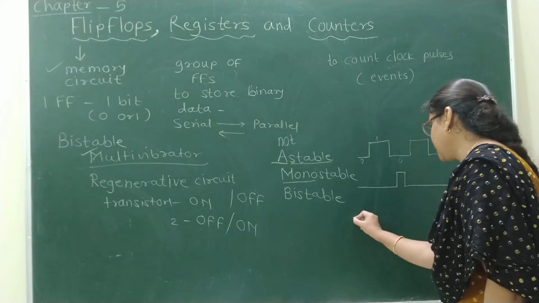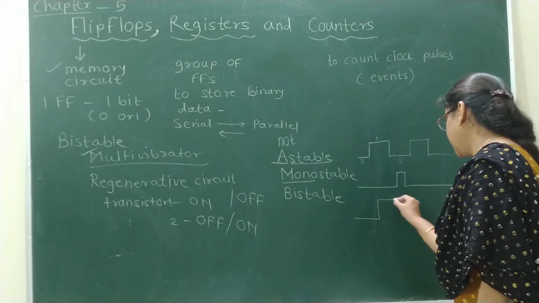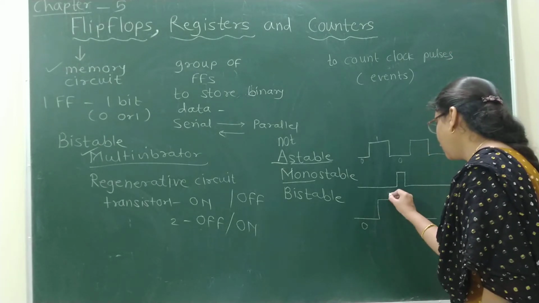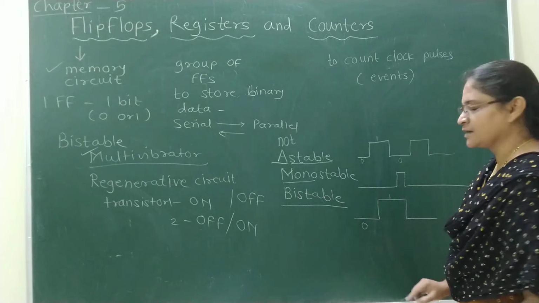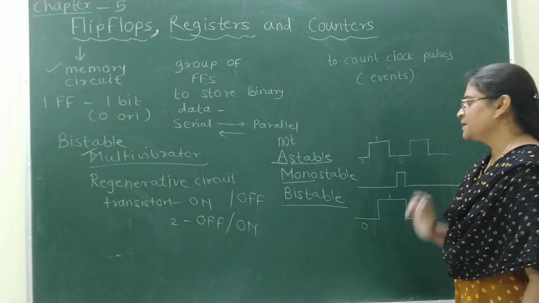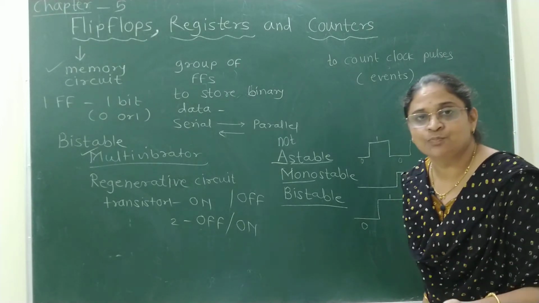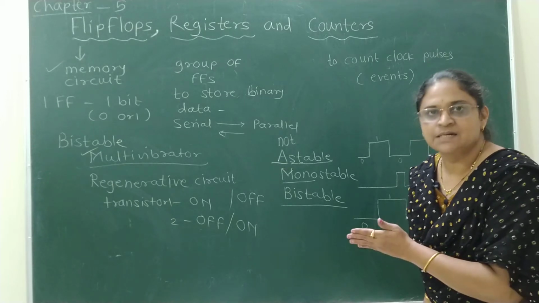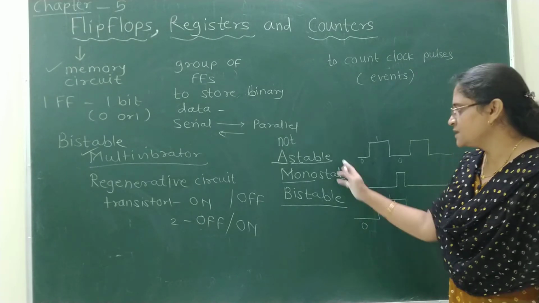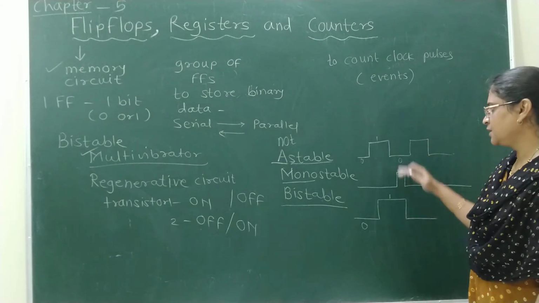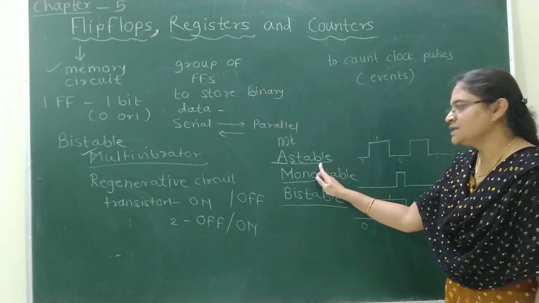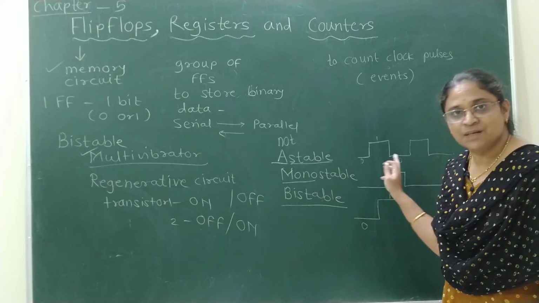In the case of a bistable multivibrator, it will change its state and stay there until triggered again, so either the low state or the high state can be stable. That is the bistable multivibrator. But the basic difference between astable and the others is that for an astable multivibrator, no external input is needed to start its action. Just by switching on its supply voltage, it will give a high-low output sequence, the oscillator waveform, which is why it is known as a square wave generator.